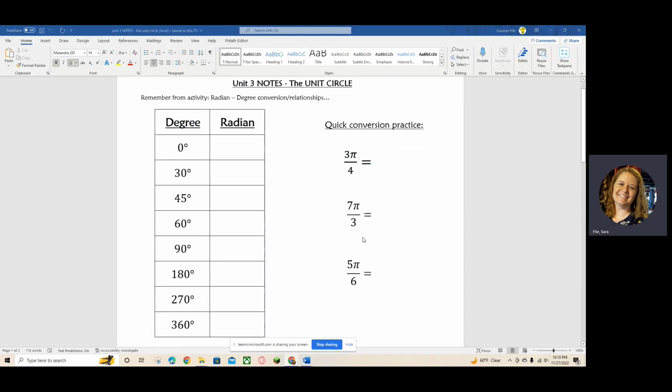Okay, so we are continuing in Unit 3. We had just touched on it before the break. We mixed part of it in with the end of Unit 2, talking about radians and angles around the unit circle. So to start, I just want to refresh your memory